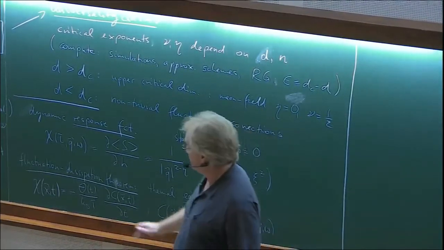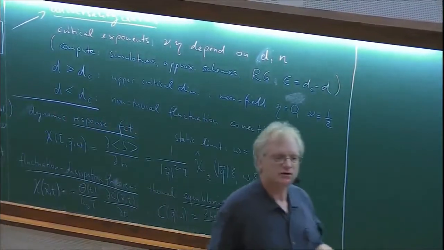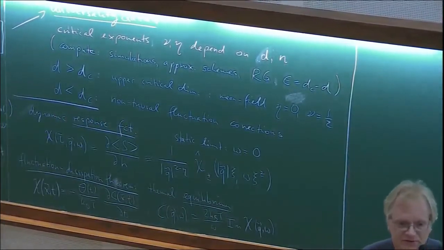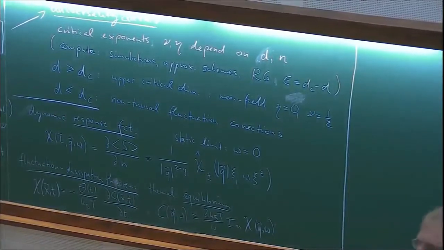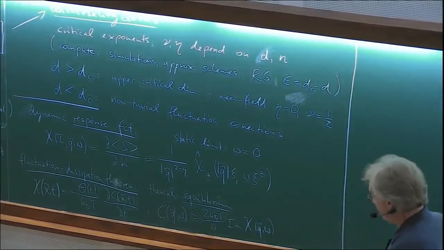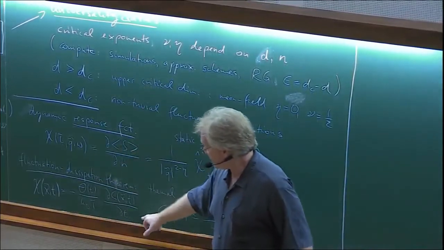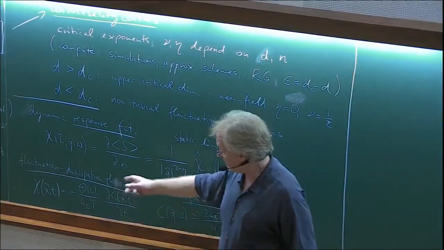In equilibrium, this object and the dynamic response function, correlation functions are not independent. There's a fluctuation dissipation theorem, which you can derive in the framework of linear response theory. Or in weaker versions, you can derive that by means of Langevin theory, and we'll see this in play later. The susceptibility is given in terms of the time derivative of the correlation function, with a minus sign.